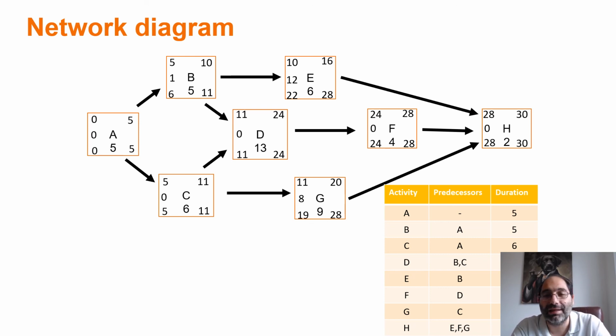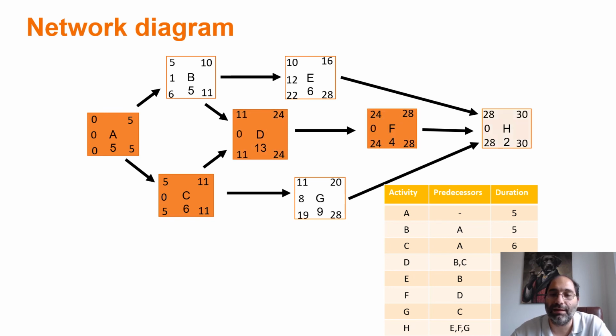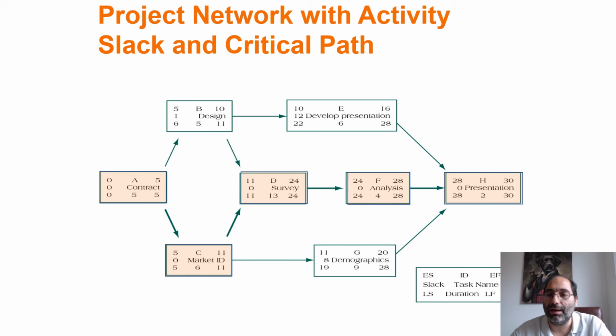However, there is a much easier way to find the critical path. The critical path is the path with all the tasks from the beginning to the end of the project that have 0 slack time. So in our example, the critical path is A, C, D, F, H. As you can see, all these tasks have 0 slack time, and this is our critical path. Here you can see the same project with some more detail with the descriptors included.